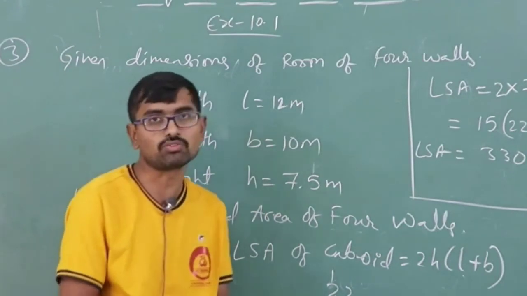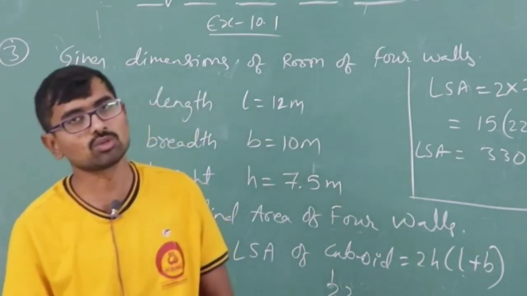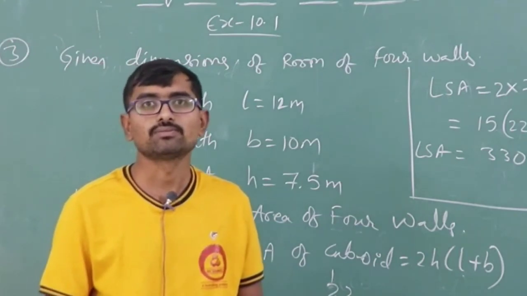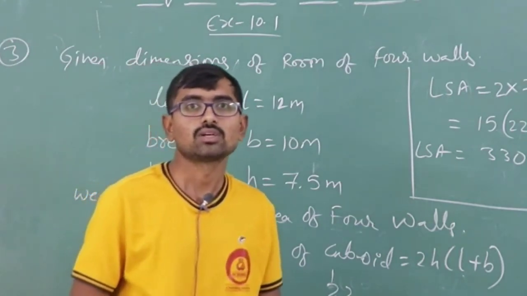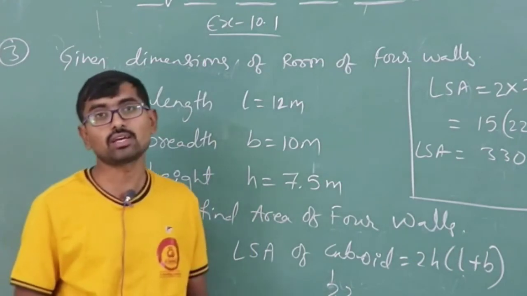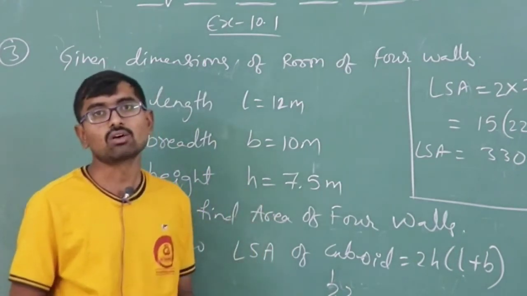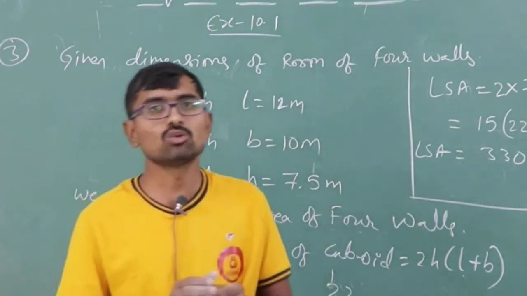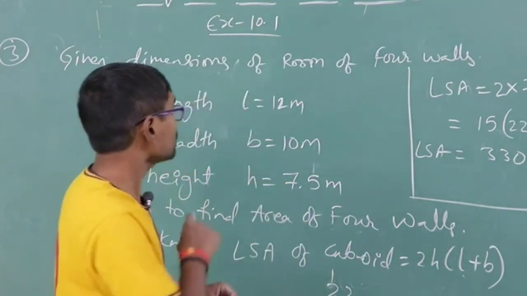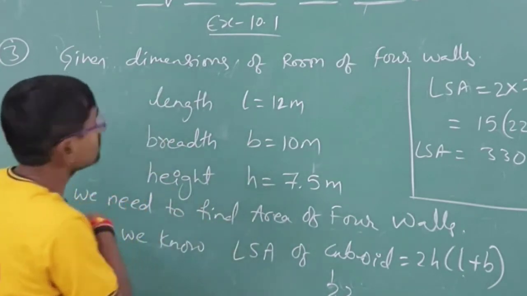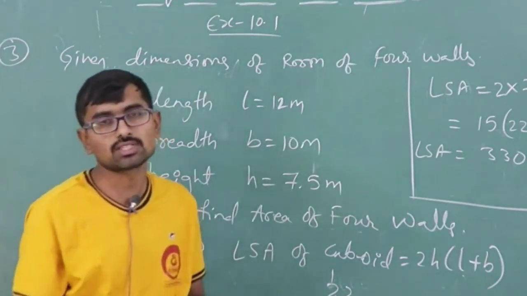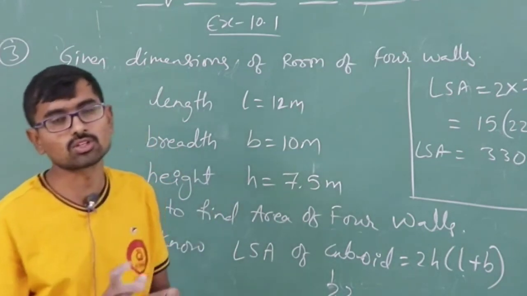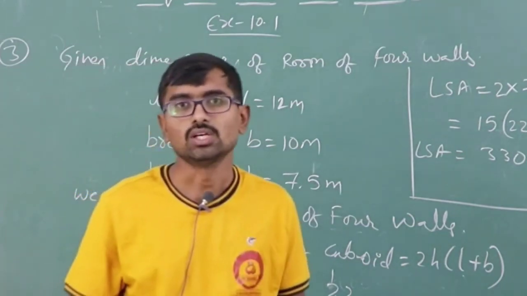Okay, so this is how we will be simplifying the problems based upon the cuboid. We have different examples based upon this. In your textbook, you just try that example based upon this cuboid, and also after this problem, this is the third bit, you have the fourth bit, same, based upon the cuboid. You just try that fourth bit from your textbook.